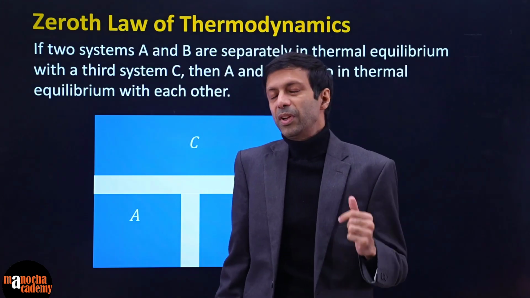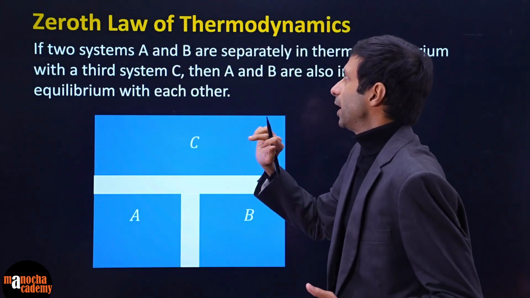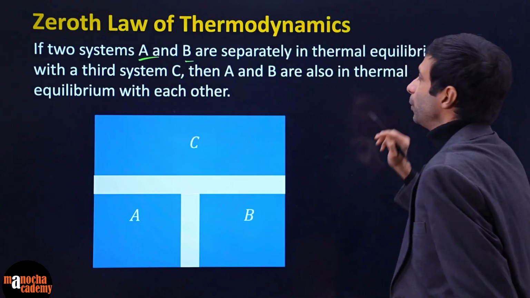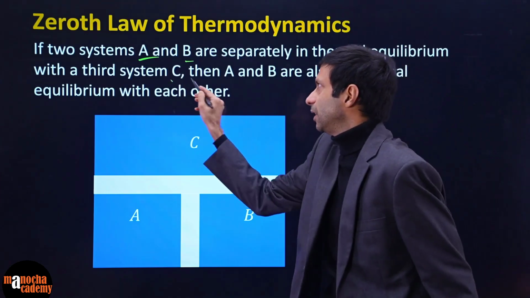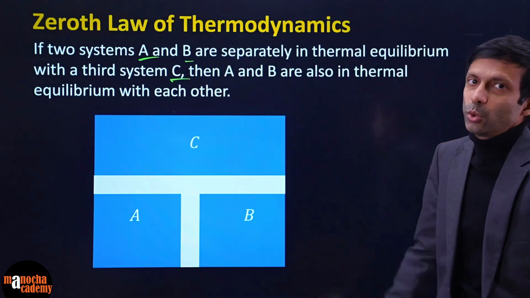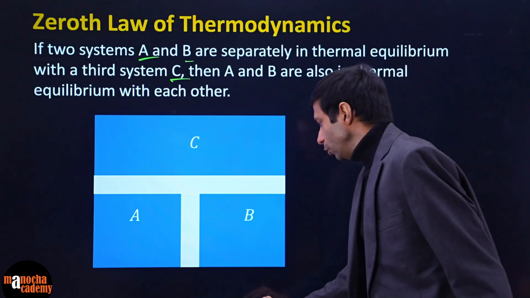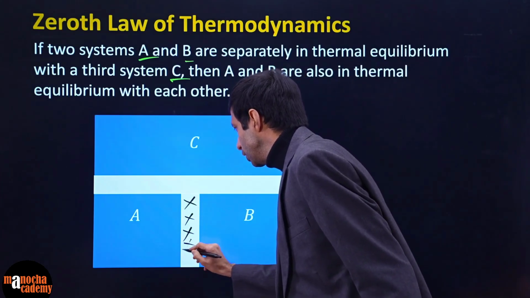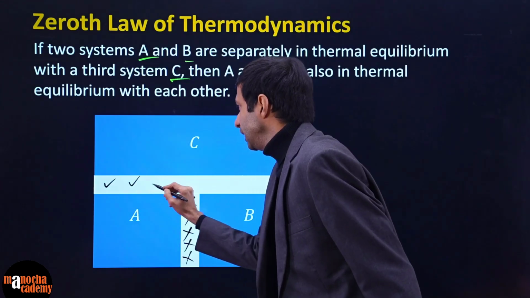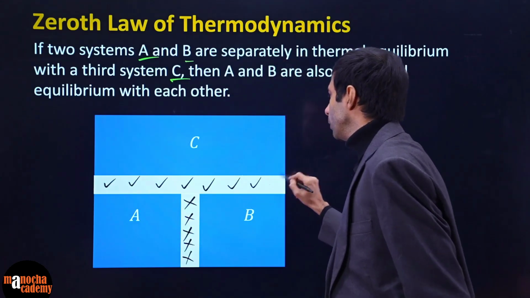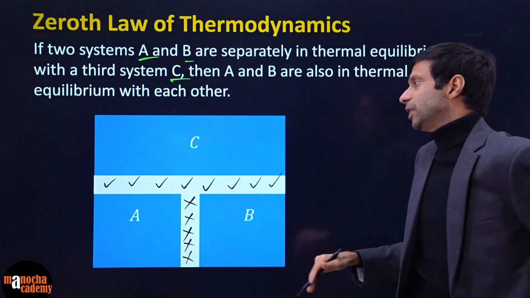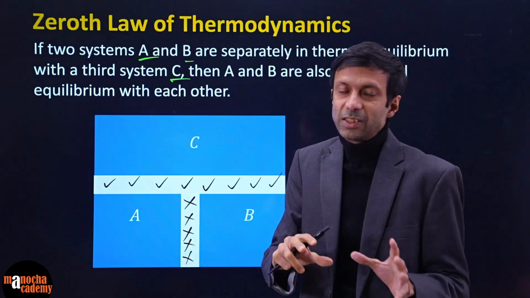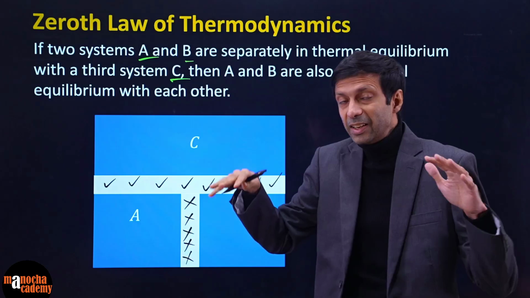Before we look at the first law, remember we had discussed in the last class the zeroth law of thermodynamics, where if you have two systems, A and B, and these are separately in thermal equilibrium with a third system C, then A and B are also in thermal equilibrium with each other. So let's say we separated A and B with an adiabatic boundary, which does not allow heat transfer, and A and C and B and C are separated by a diathermic boundary, which allows for heat transfer. Because heat transfer is allowed, heat will get transferred from a system at higher temperature to a low temperature till they attain the same temperature.